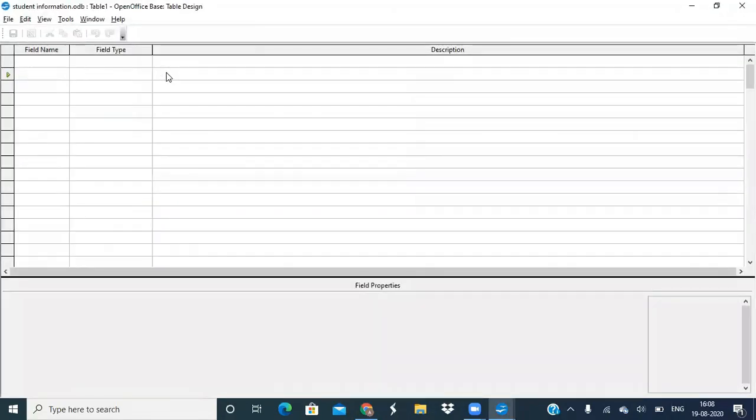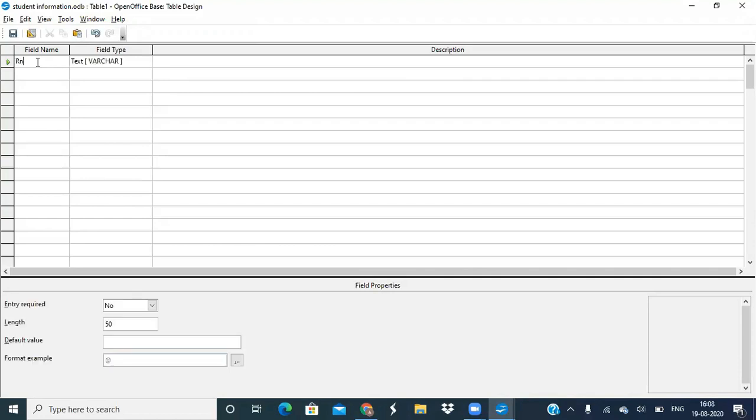When we create the table in the design view, it will ask the four things about the table. First is the field name, second is the field type, third is the field description, and fourth is the field properties. First, we are going to assign the different fields to a table. Just like I'm going to create a student database. So student have the roll number,